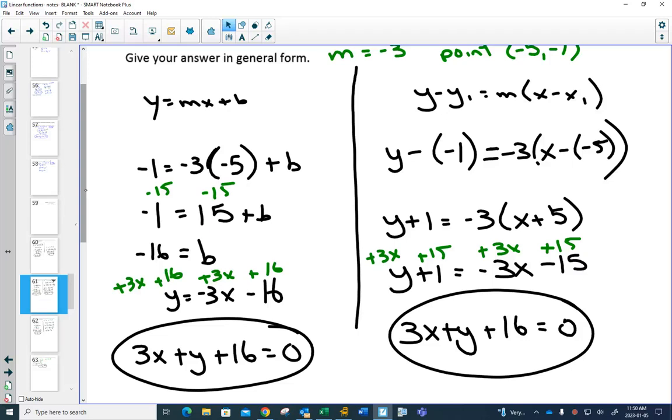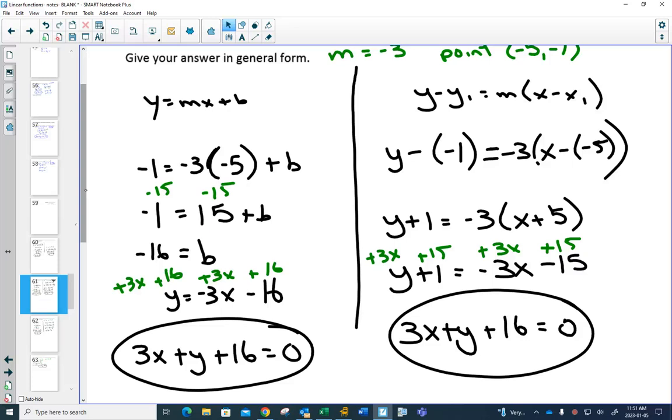On this one? Well, I know that I have y equals mx plus b. I know that the m is minus 3. I solved for b and got b is minus 16. Then I can rewrite y equals mx plus b with the minus 3x. Okay. Negative 3 times negative 5. Good. Minus 1, minus 15, minus 16. Good. Now that you've got b,